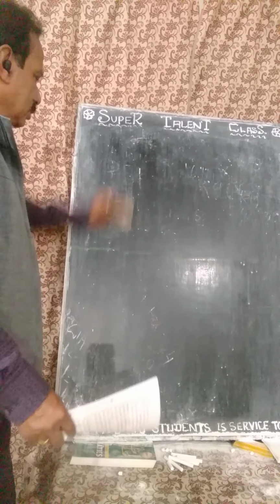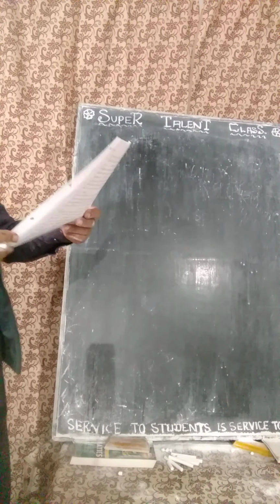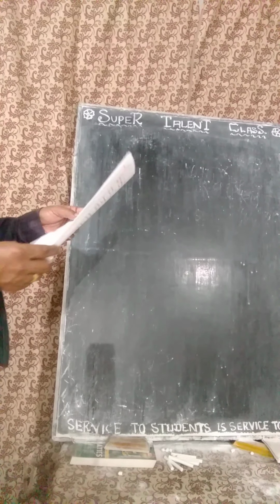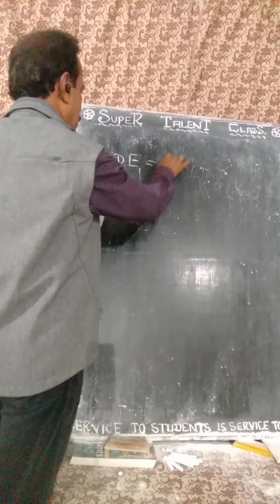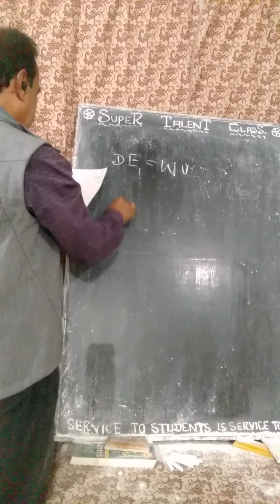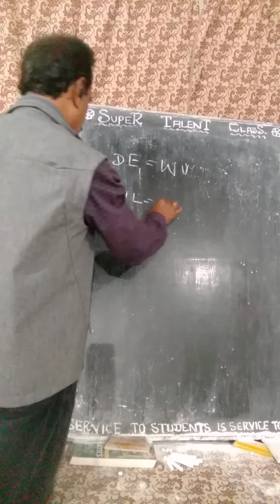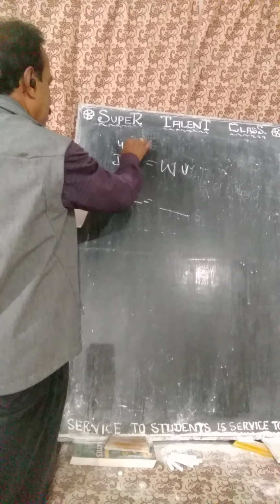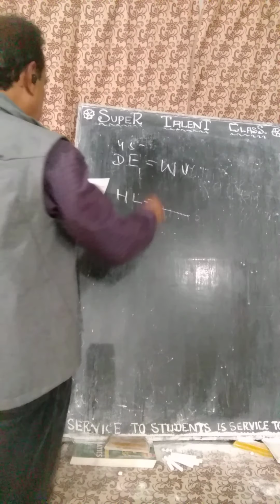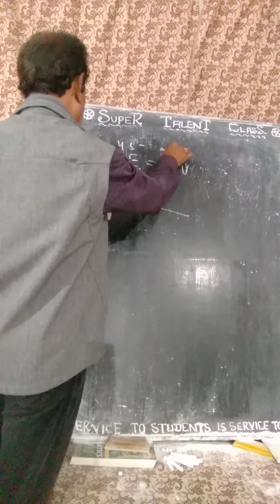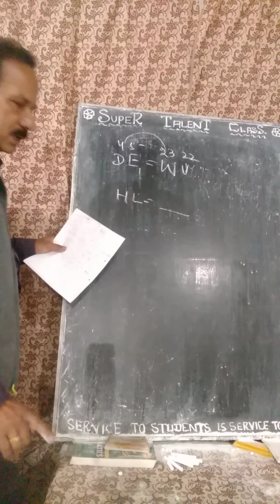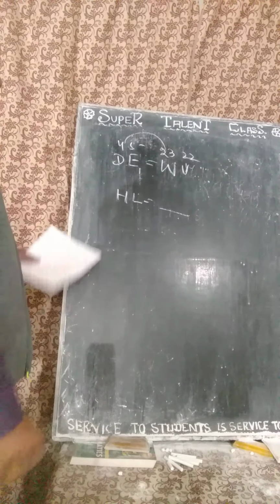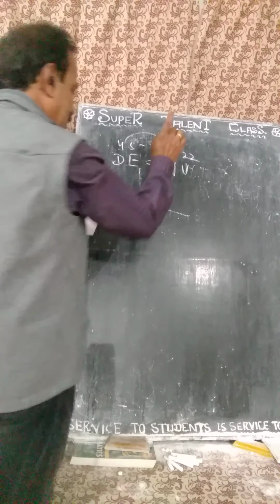This is analogy. Otherwise, letter series is easy. Some students get full marks in this letter series. Still, you should be very punctual. Suppose DE is equal to WV. Then XL is equal to dash. You see, DE numbering, you must practice numbering. Then 4, that is 23, and this is 22. A to Z will tally. The total for A to Z is 27.